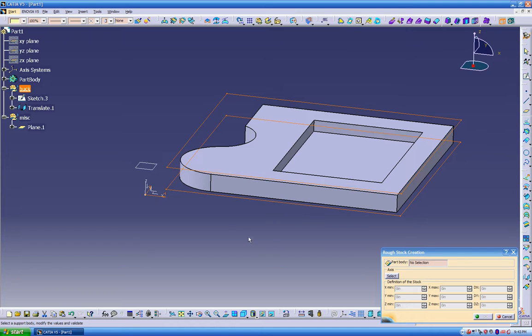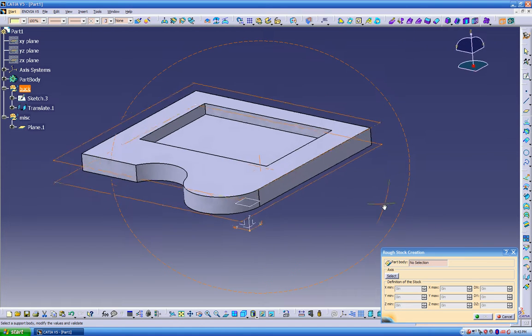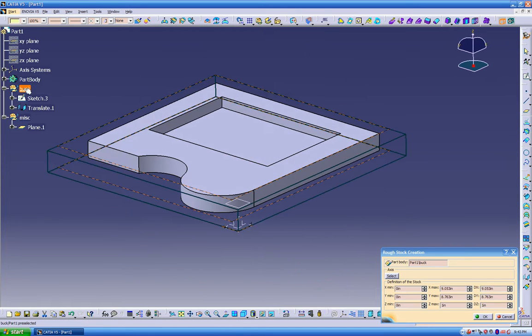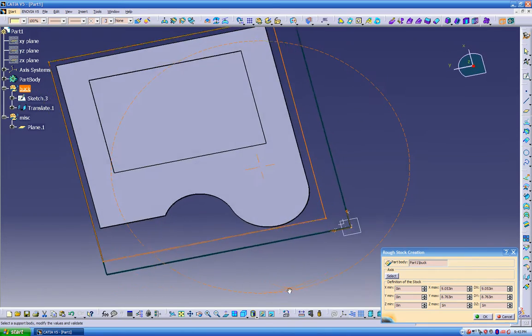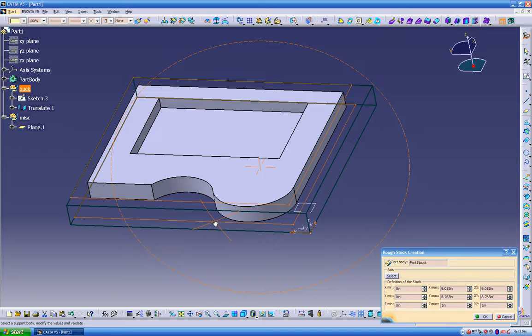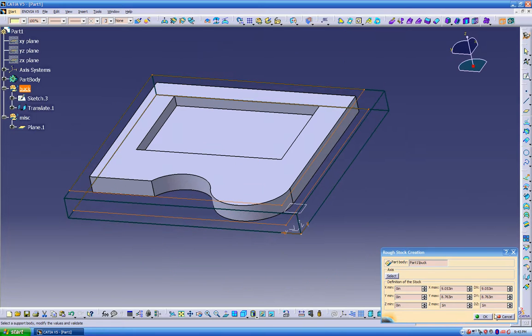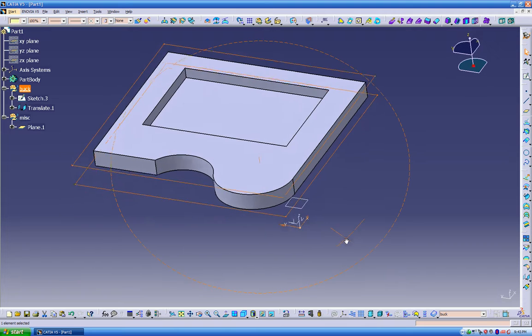It's asking me for the axis. I didn't create an axis, but if I click on this level, see what it does? It knows where my stock is. So I'm going to cancel this for now,